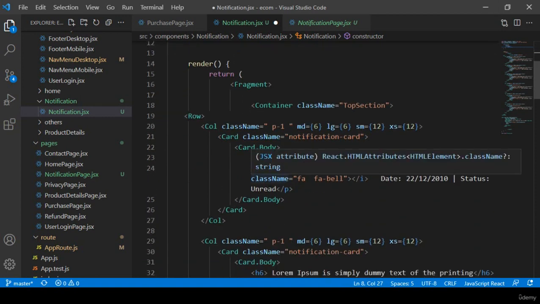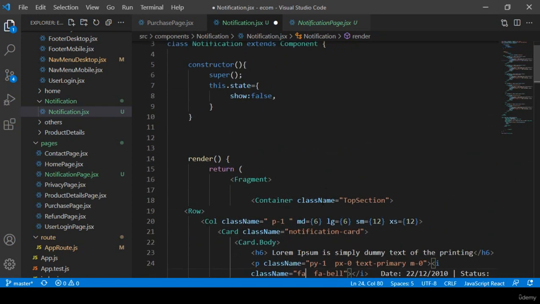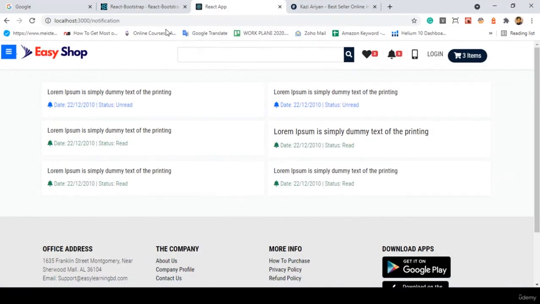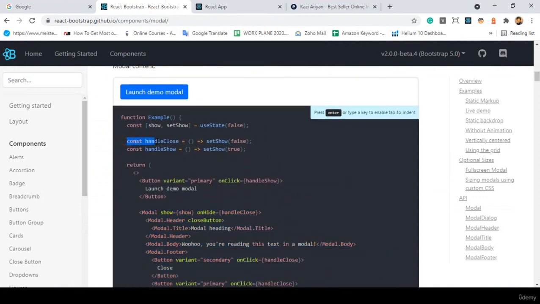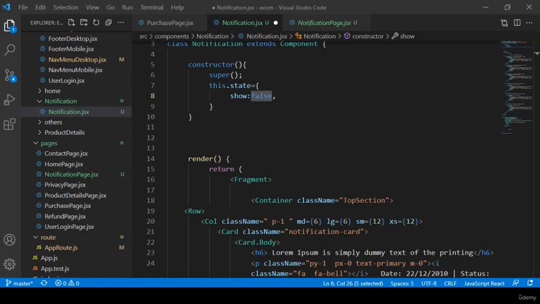That means here I want to use the onClick function, and when you click, only then do I want to change it. I want to change show to true rather than false. For that reason I want to take two of these methods. Here there is also some instruction. You can see there is a constant handleClose and then handleShow. So better I copy both of these. Okay, I copy both of these, and now in our project